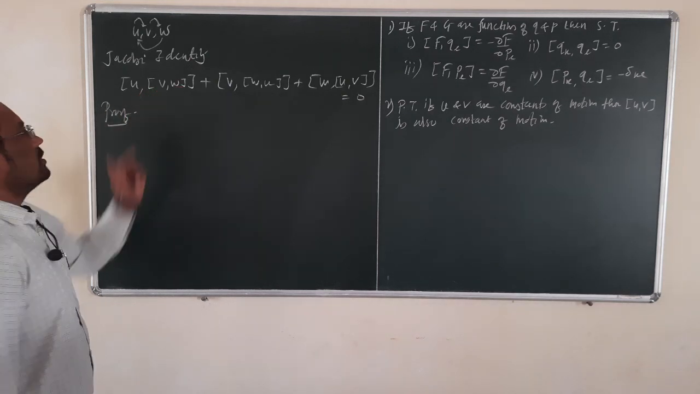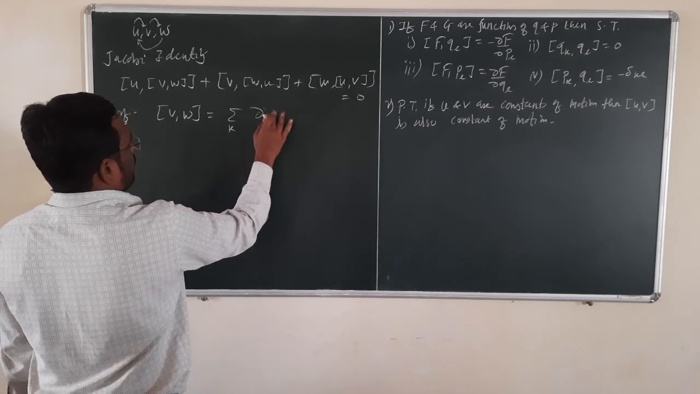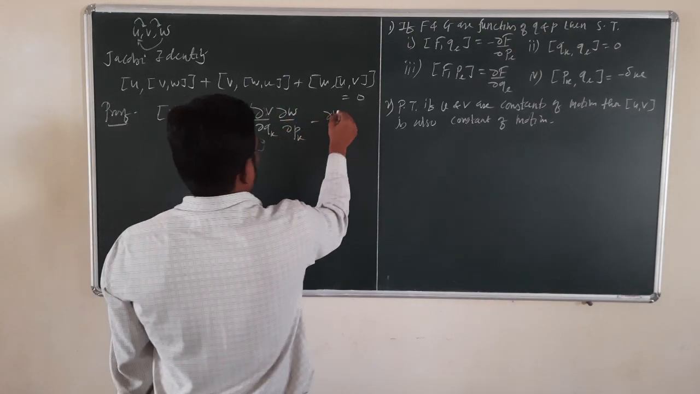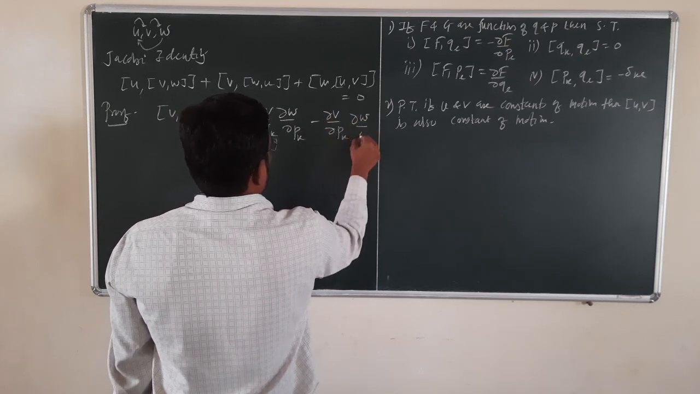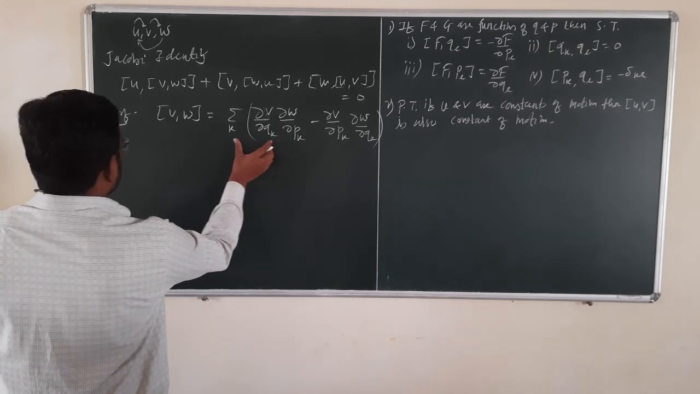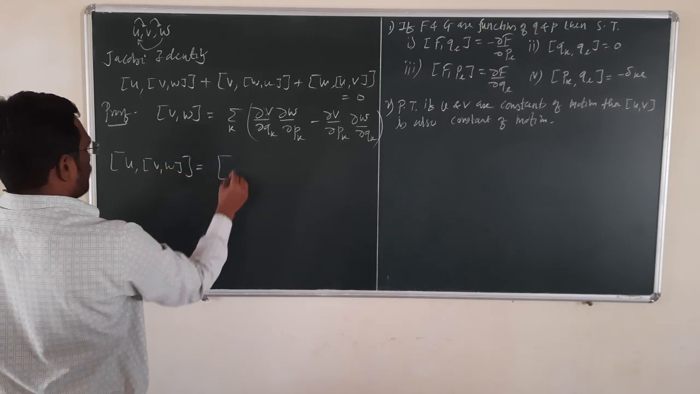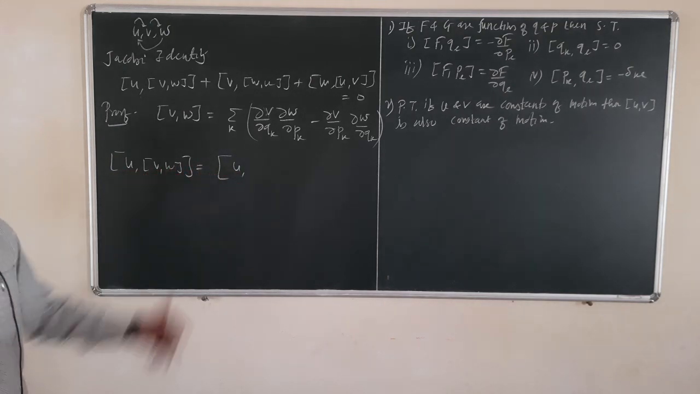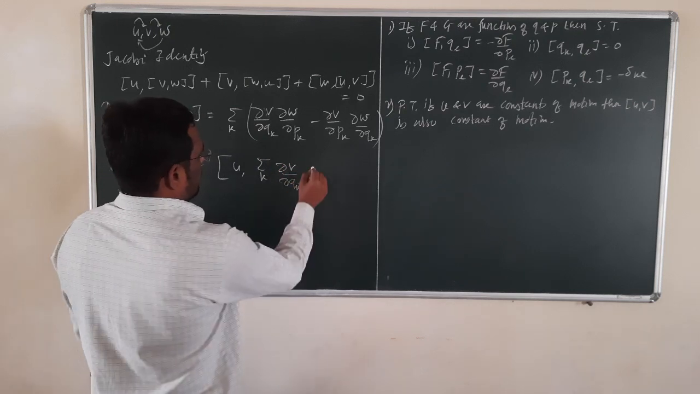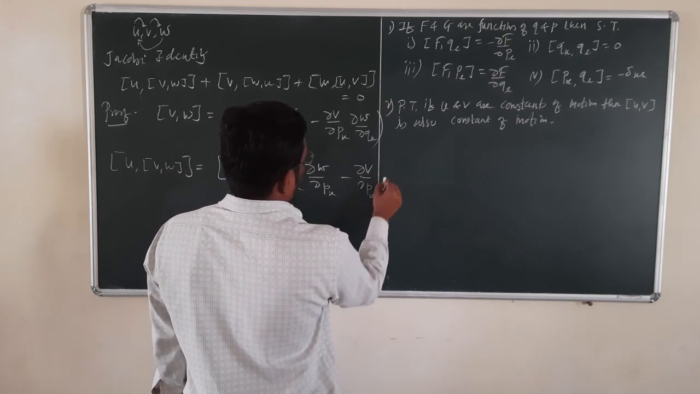the definition. From the definition, the bracket of v, w is, we know, the summation over k of the partial derivative of v with respect to q, partial derivative of w with respect to p, minus the partial derivative of v with respect to p and the partial derivative of w with respect to q. Now, with this definition, you can write the bracket of u with [v, w] as u with this term, which can be written as the summation over k of the partial derivative of v with respect to qk, partial derivative of w with respect to pk, minus the next term, the partial derivative of v with respect to pk and the partial derivative of w